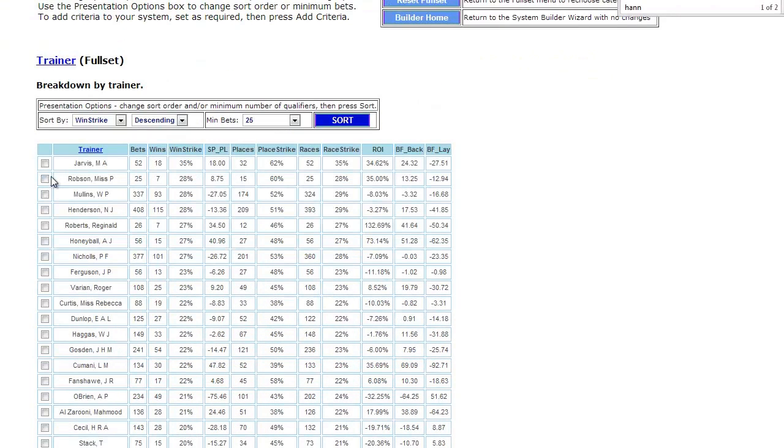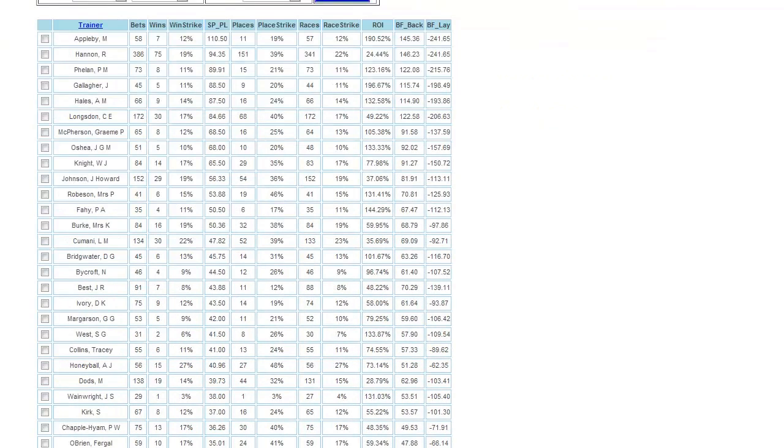And we can see at the top our late friend Michael Jarvis is there, and then we have a trainer called Miss P. Robson, Pauline Robson, Willie Mullins, Nicky Henderson, are interesting in terms of their strike rate, but they're not profitable to follow. If we order by profit and loss, we can see that